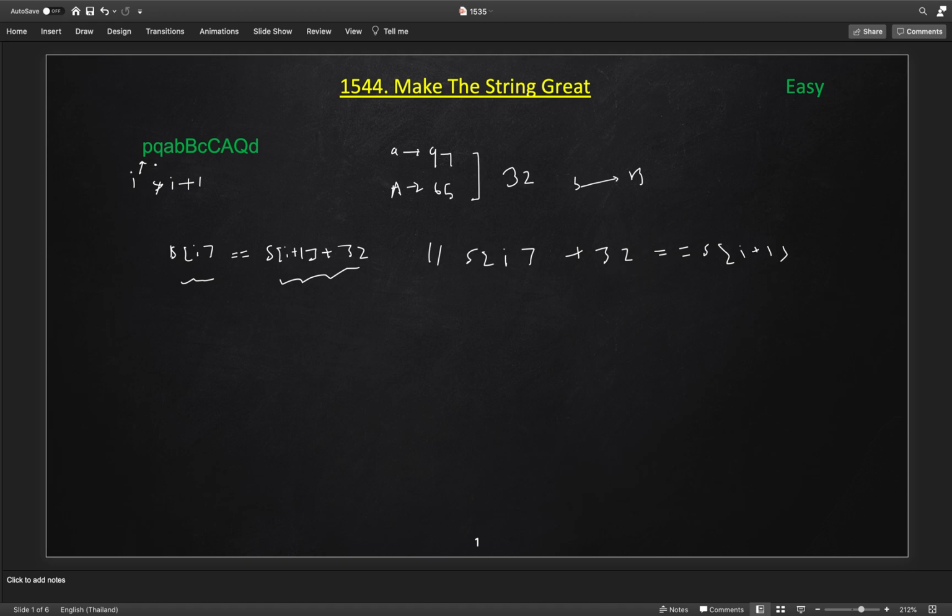If we process this, we are not getting a match here, nor here, but once we reach here we get this small v and capital V, so we need to remove them. How will we remove them? If we have string s, we will just take the left part of the string and the right part from here, so we will use the string substring.